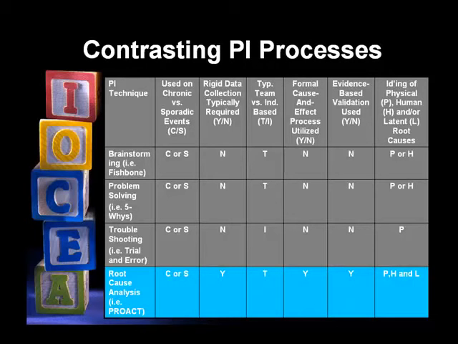This table right here is just contrasting the brainstorming versus the problem solving and troubleshooting in RCA. And as you will see on the bottom, if you're doing true RCA, they will apply to chronic or sporadic events. They will always require rigid data collection. It will require a team that's an unbiased team with varied backgrounds. It will require formal cause and effect process, which means that we are going to find those linkages that led